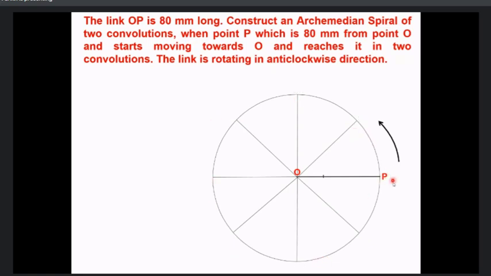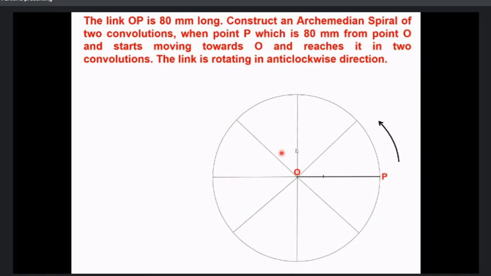Like this, you get 8 here. But as you know, it is going to complete 2 revolutions or 2 convolutions. You are going to proceed further, that is 9, 10, 11, 12, 13, and so on. You will go till 16 here. Suppose I write here 1.5 convolution, how much are you going to go with? 12. 8 plus 4. For 1.5 convolution, one full convolution at 8, and 4 you will add to that. That is 12 parts.